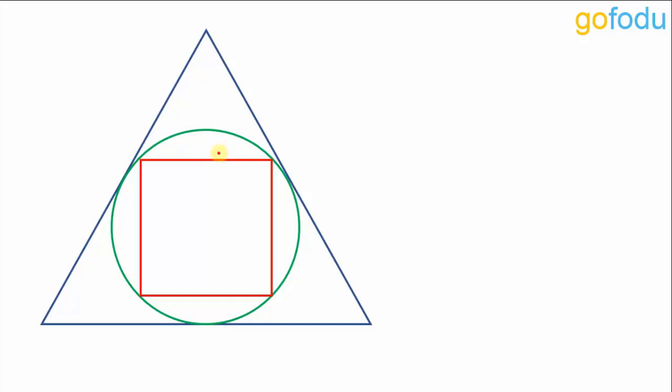This video is all about one figure circumscribing another figure, which is further circumscribing another figure. For example, here we have a triangle circumscribing a circle which is circumscribing a square. Let's say the side of this triangle is given as A unit and we have to find the side of this square. Or, to make this question tougher, we could be given the area of this triangle as A unit and we have to find the area of this square.